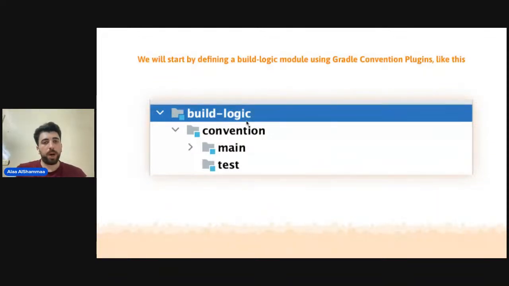One of the most powerful tools that we can use is Gradle convention plugins. Gradle convention plugins allow you to have one source of truth, one source of build logic, a set of rules that's shared and maintained across all of these modules.